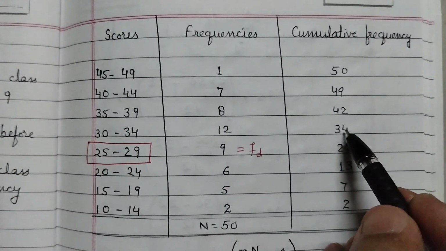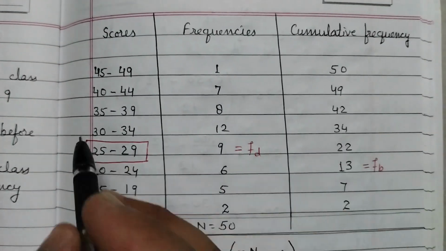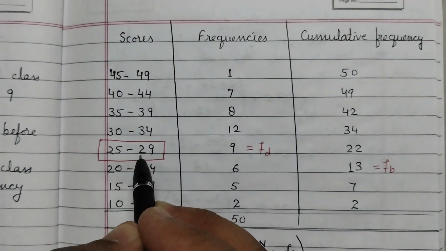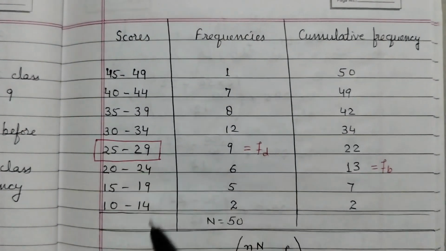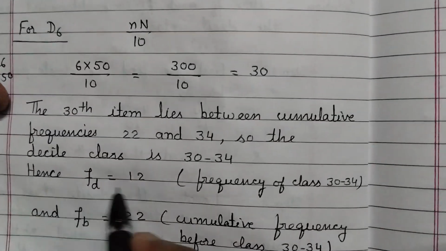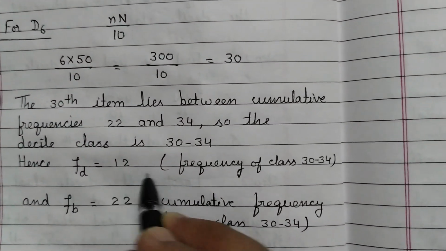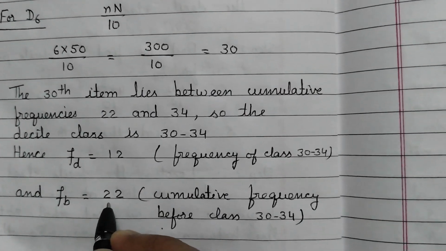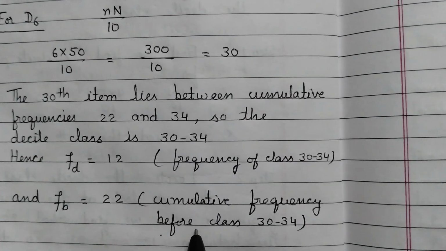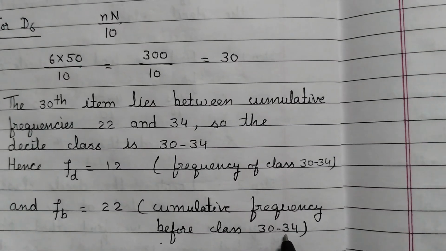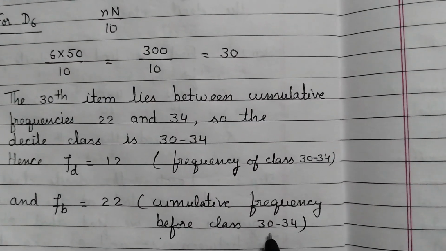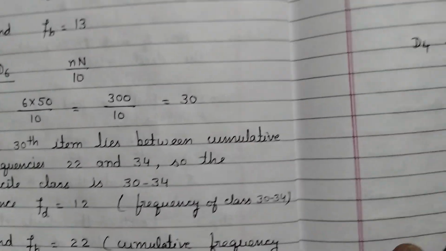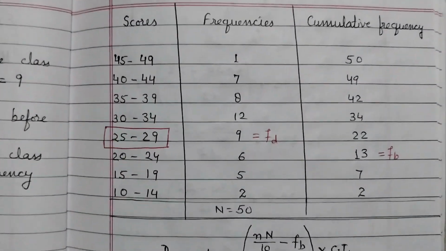So 30 to 34 will be the decile class. This 30 to 34 will be the decile class, and below this is L. Hence FD is equal to 12, the frequency of the class 30 to 34, and FB is equal to 22, the cumulative frequency before class 30 to 34, lying below the decile class. So I have calculated in this way